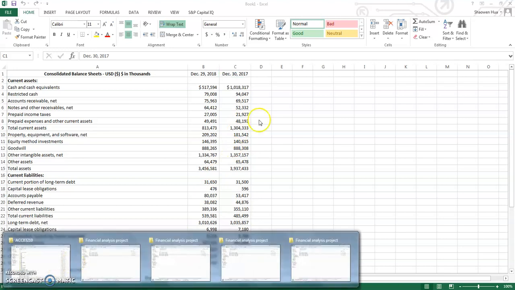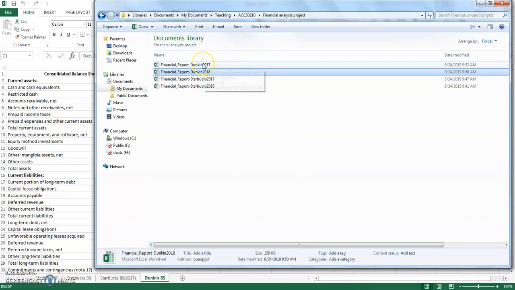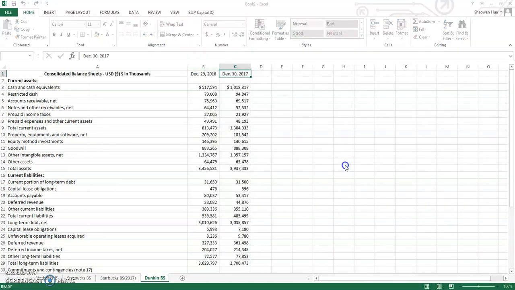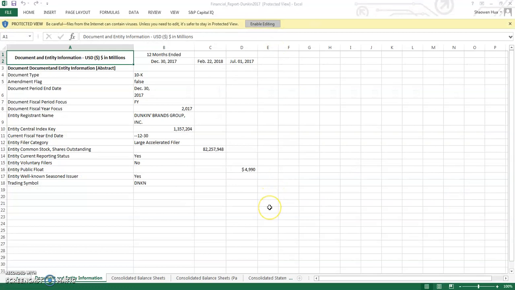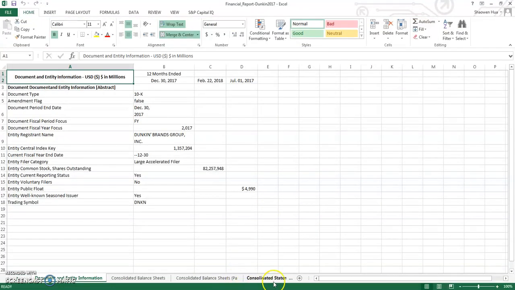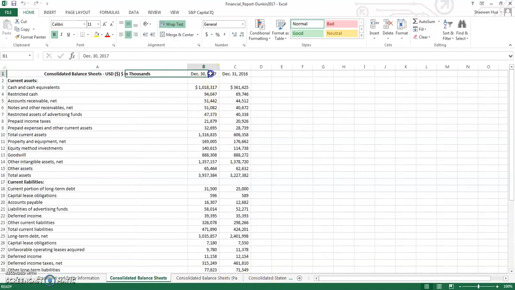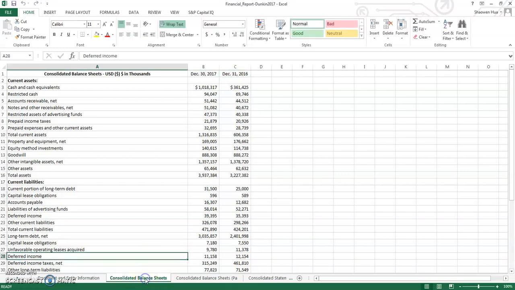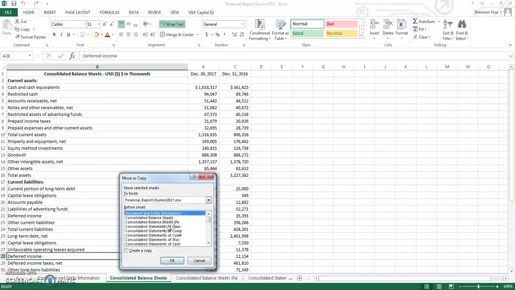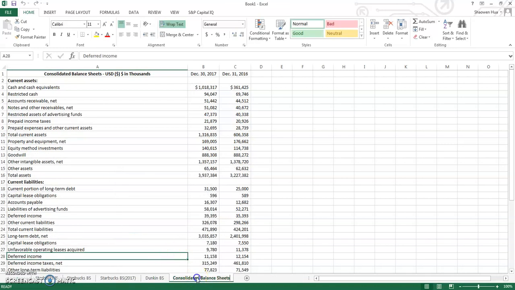And then come back to my folder. I still need another year of balance sheet data. So click on 2017. Enable editing. And then go to the balance sheet. Consolidated balance sheet. See, this is 2017 and 2016. Double click on the tab and change the name, and then move it to our book 1. Sorry, don't double click it. Just right click to the tab and move or copy. Check the create a copy and move it to book 1. Move to the end. Okay. So here we have Dunkin' balance sheet